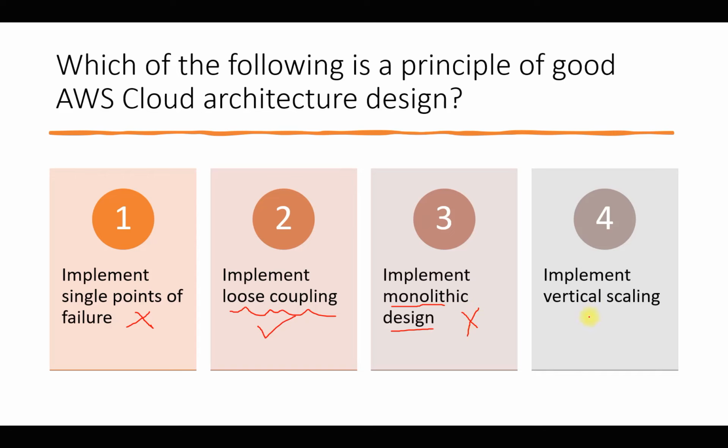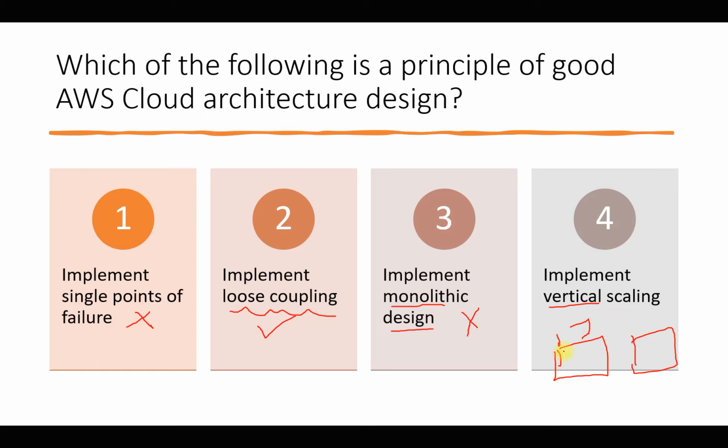Last option we are having is implement vertical scaling. As you know, we are having two types of scaling. Vertical scaling is where, on a single machine, you are increasing the resources, like the CPU. If you have two CPUs and you increase or decrease them, it's called vertical scaling. Next we are having horizontal scaling, where we are putting in another instance, the same type of instance, and either we increase or decrease the number. So we always prefer to go with horizontal scaling.